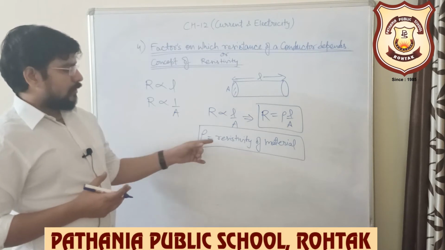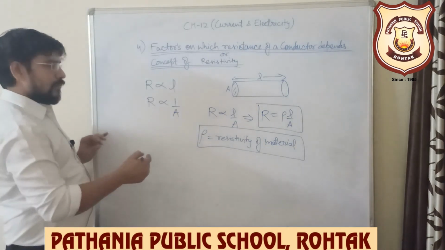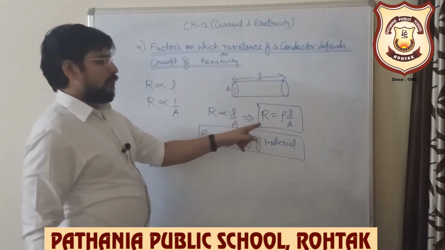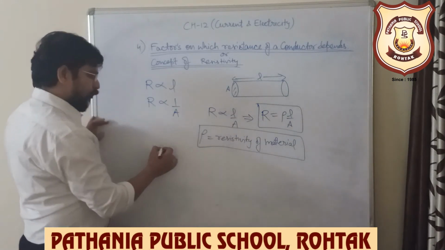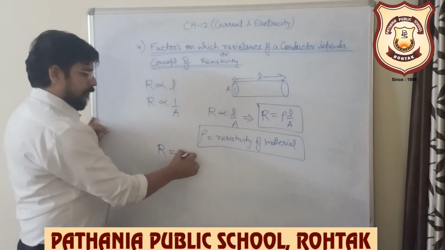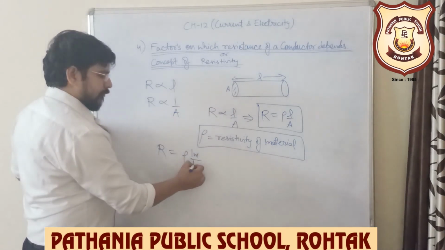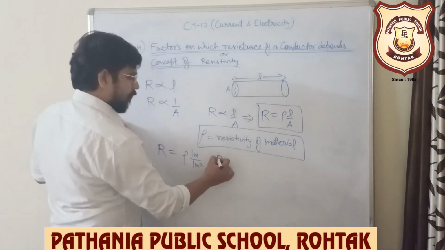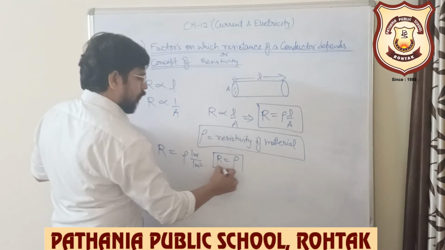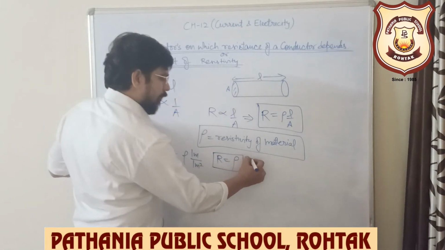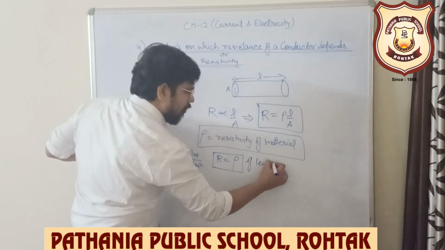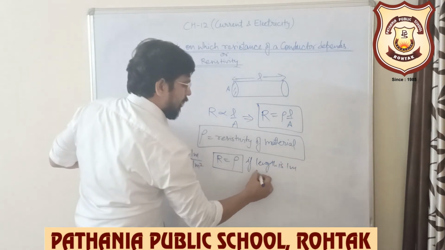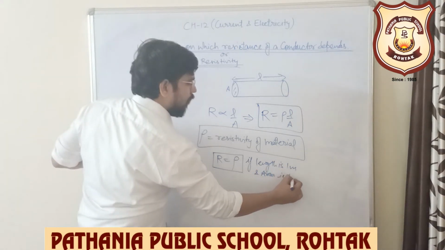So next point is, what about the unit of resistivity? So again, as we are defining all the units of variables by their definition formula, here definition formula is R is equal to rho L over A. If in this formula R is equal to rho L over A, if I put length 1 meter and area 1 meter square, then I will get the value of R is equal to rho. So my resistance of a conductor is equal to resistivity if length of conductor is 1 meter and area is 1 meter square.